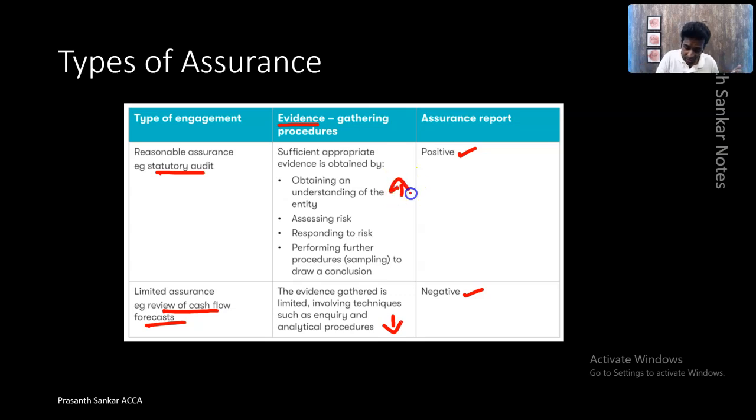But for reasonable assurance, if you want to say it's good, then definitely you will obtain more and more evidence. And the more evidence you gather, the more work you will have. So reasonable assurance is more work. Limited assurance is a lesser degree of work. And of course, the higher the degree of assurance you give, the higher the risk you have. More assurance equals more risk. Why? Because people are following your footsteps. So when you give a reasonable assurance, there is definitely high risk involved. So you need to be a little careful before you give an assurance.